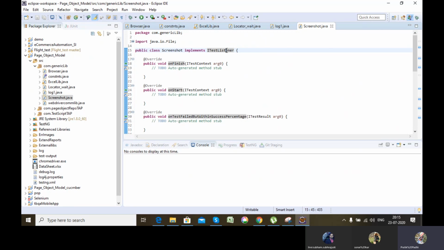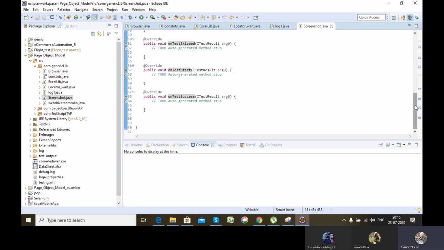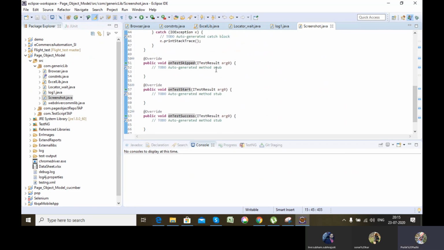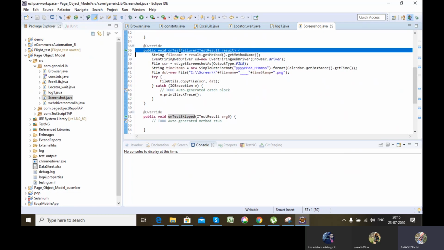So once you implement the interface, it will give me all the methods that are present in the interface and I need to redefine them. Okay, so there are a lot of methods. I have just kept their body blank. I haven't defined anything.